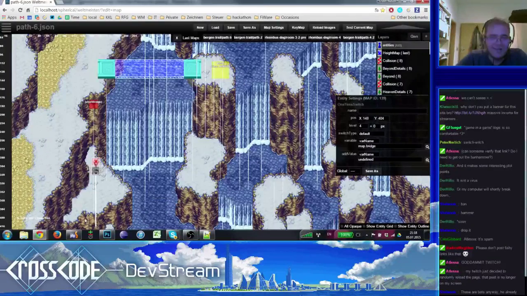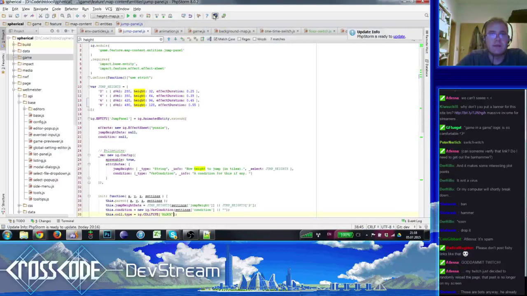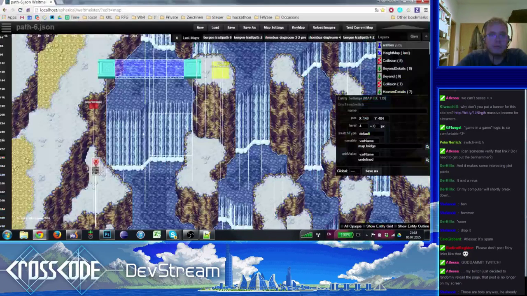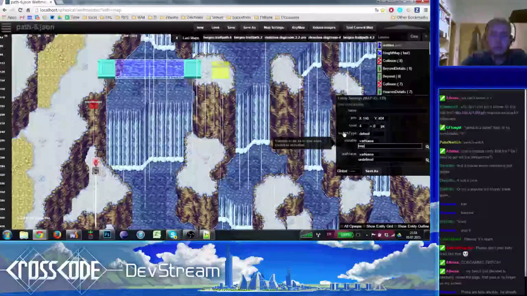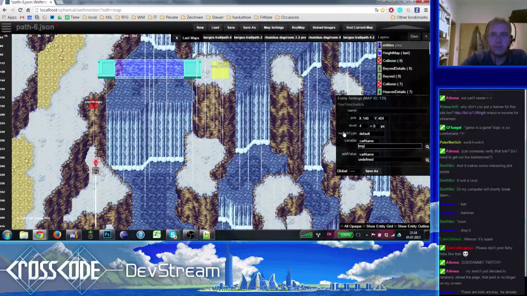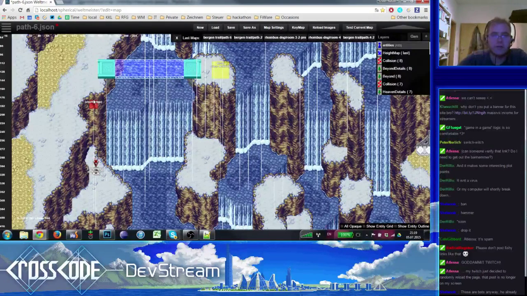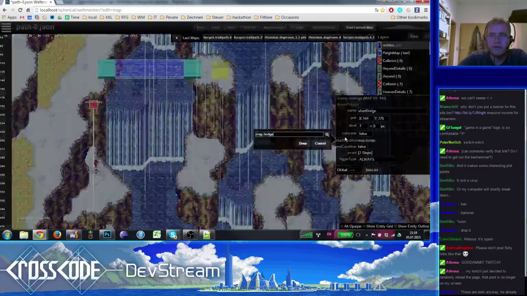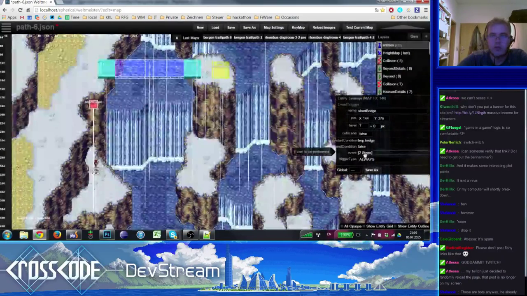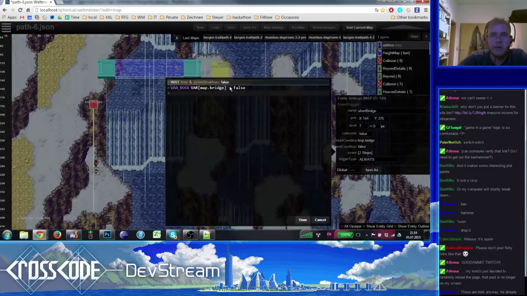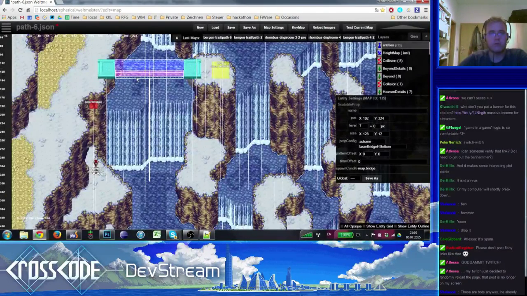Oh yeah, you need to use temp for that. Yeah, actually, I probably should use temp. You should use temp for those kinds of temporary things. You're right, actually, otherwise it might also break. So, temp variables are just reset whenever you enter a map. And since the whole bridge is just there for a short time, that's the right type of variable to use here. To use this for all these entities too.